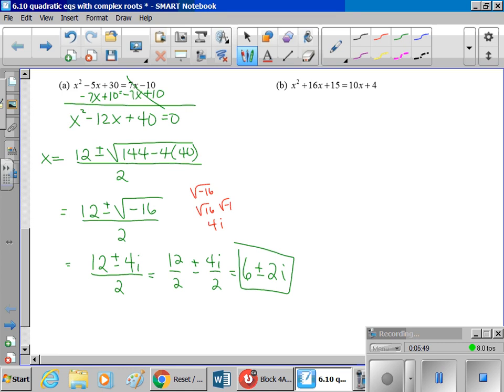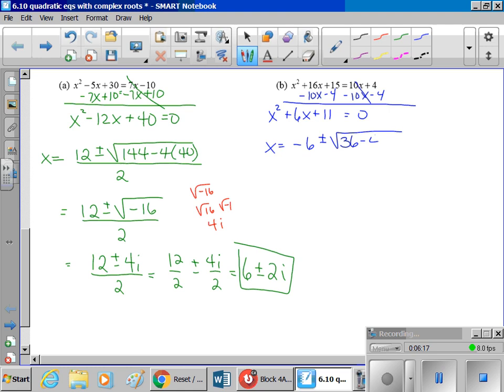All right, same process here. Minus 10x minus 4, minus 10x minus 4. These cancel to 0. And I get x squared plus 6x plus 11 is equal to 0. Quadratic formula: x equals the opposite of b plus and minus the square root of b squared minus 4 times a times c all over 2a, which is equal to negative 6 plus and minus radical